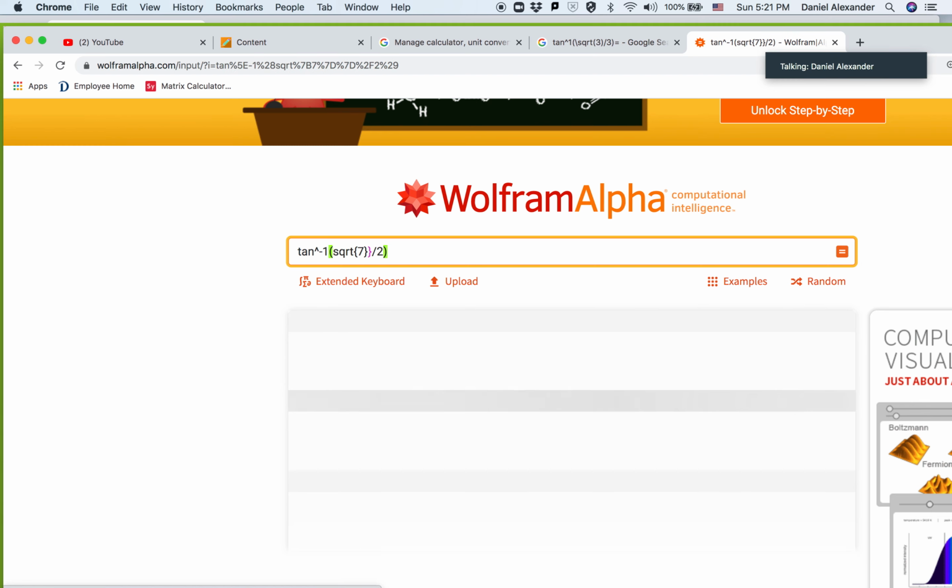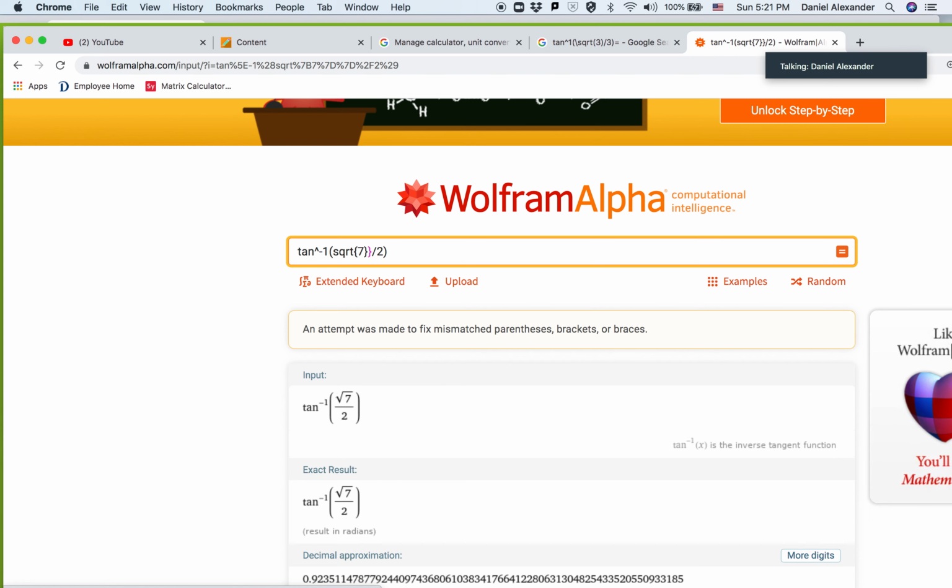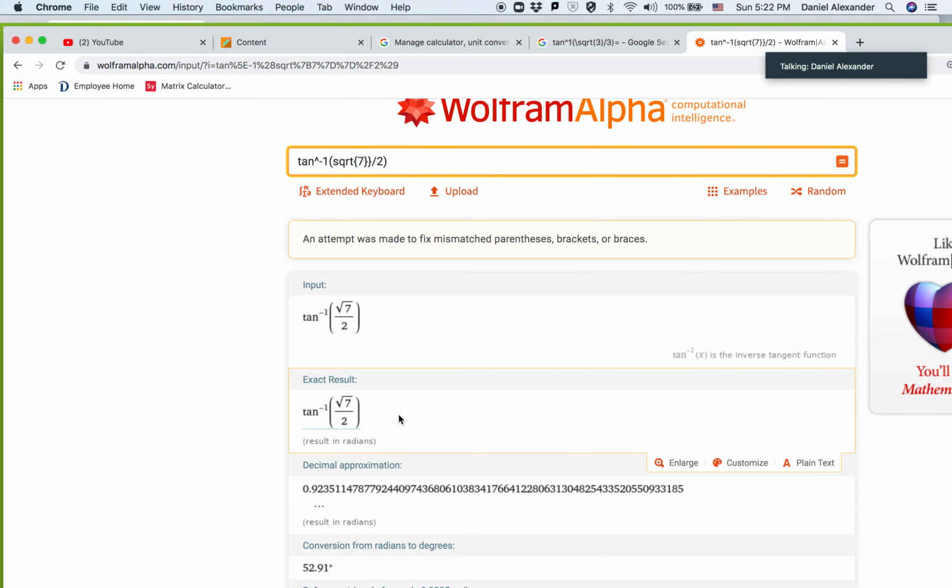Okay, what that's going to give me, let's see what it looks like. So that's going to be this. Yep, that's right. That's going to be this. It doesn't come out. Remember, the tangent inverse of a ratio is going to be an angle. The angle isn't a great angle, but it's giving you the result in radians. So we would have 2a, tangent inverse square root of 7 over 2, and that's equal to, let's do